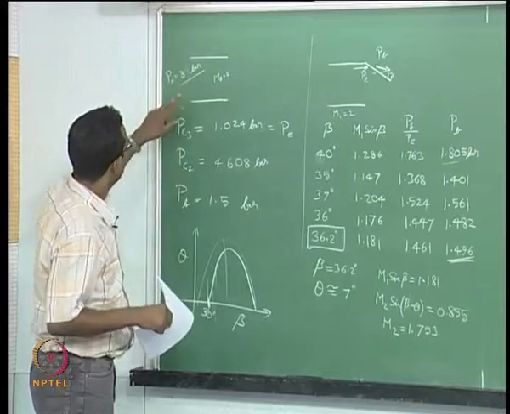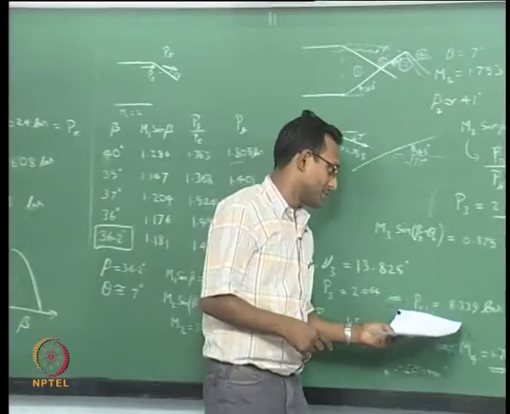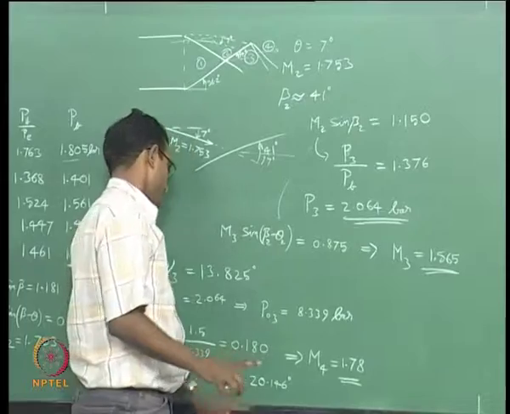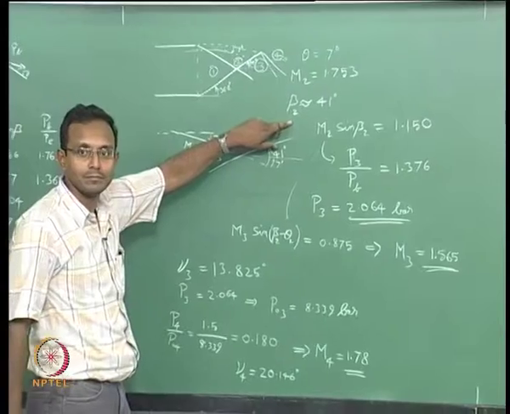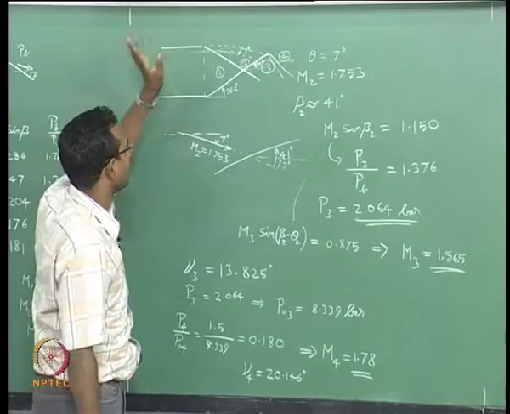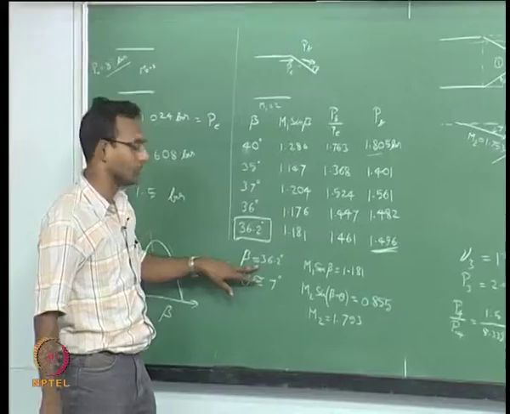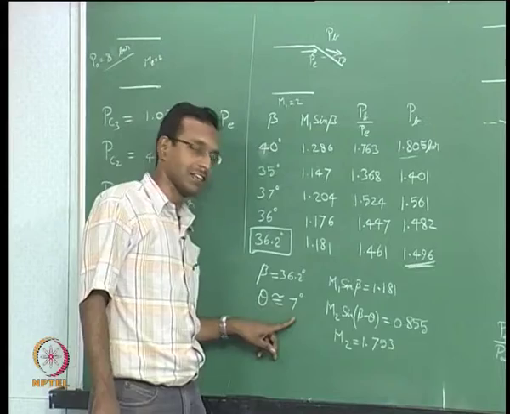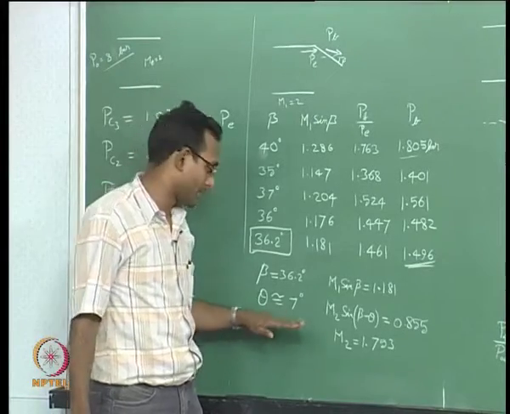Okay. So from here I have come all the way up to here, and when I find my P naught 3 here, this looks like it is more than my initial P naught. That can never happen. So most likely somewhere along the way my beta approximations are hurting me. I have approximated it to 41. I have approximated the previous one 36.2. These kind of approximations are hurting me, and I have used theta of approximately 7. If I used 6.5, maybe it would have been better. I do not know right now what it is exactly.